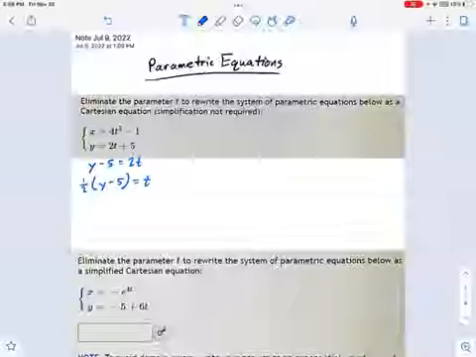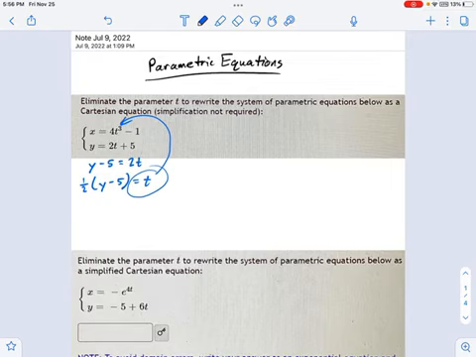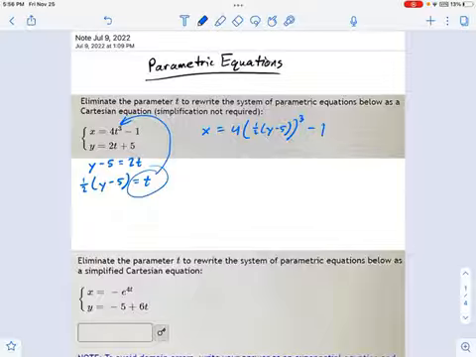And if I want, at this point, I can now take that value for t, which I've isolated, and send that back into this guy. So what's that going to turn into? Well, that means x equals 4 times 1/2 y minus 5, cubed, because that was a t cubed, minus 1. And in this problem, it says simplification is not required, because I don't really want you wasting your time foiling that all out, right? That's going to take you 10 minutes to do, but it wouldn't be that bad. Anyway, this would be the answer, right?